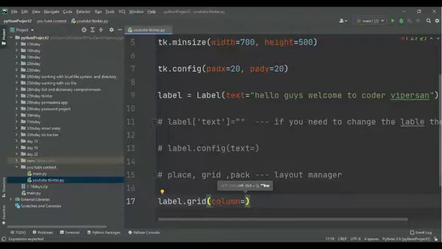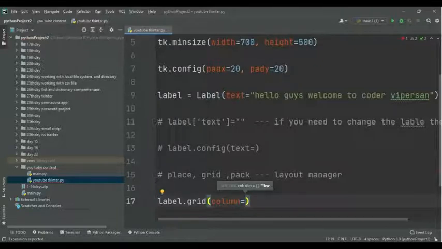Pack just packs the layouts one by one, like packing, coming in one by one. Place is very specific: if you give a coordinate system with x value 0 and y value 0, it will go to the corner of the screen, and if you give an x coordinate and y coordinate, it will stand in that particular place.